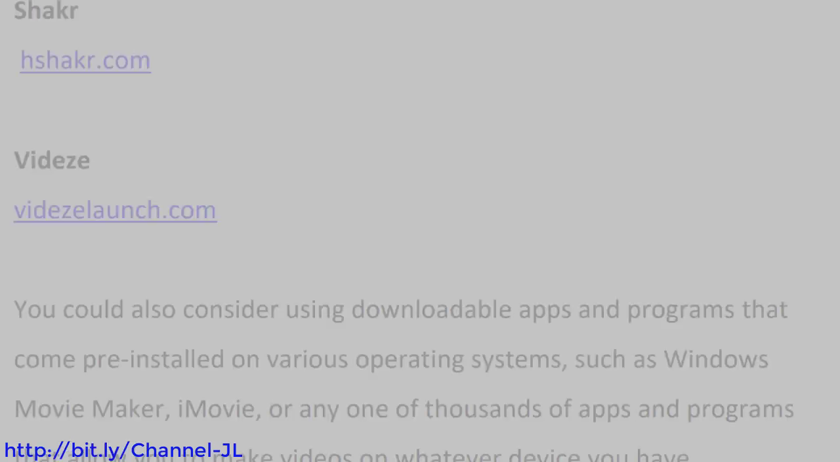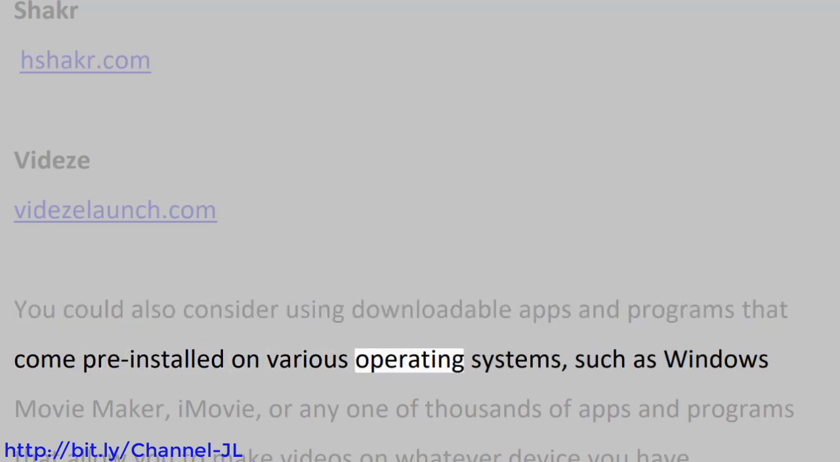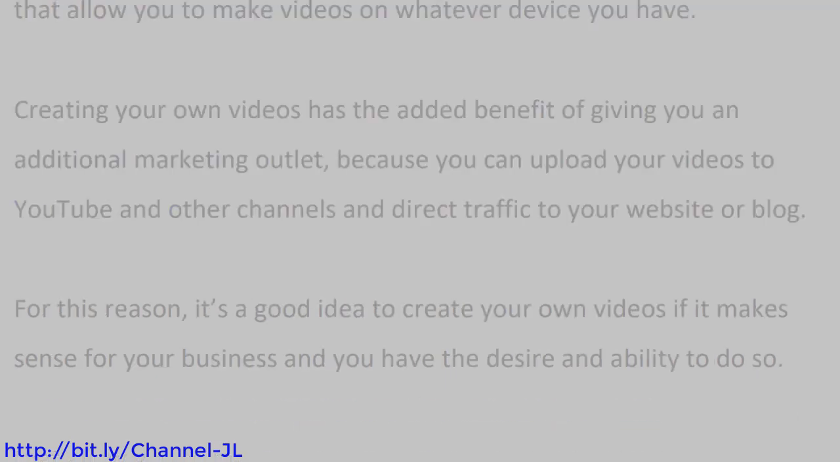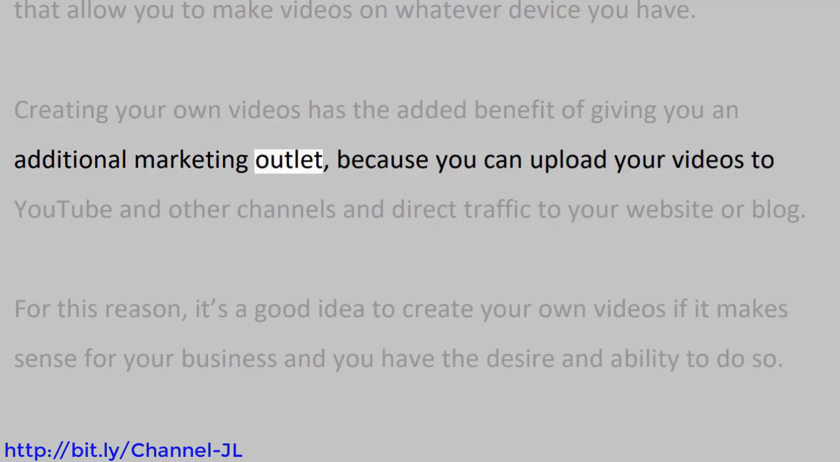Animoto.com, Shakr.com, Vidizmo.com. You could also consider using downloadable apps and programs that come pre-installed on various operating systems, such as Windows Movie Maker, iMovie, or any one of thousands of apps and programs that allow you to make videos on whatever device you have. Creating your own videos has the added benefit of giving you an additional marketing outlet, because you